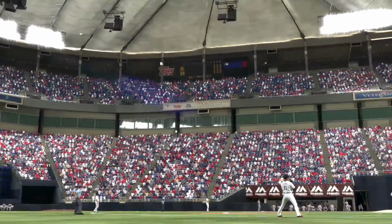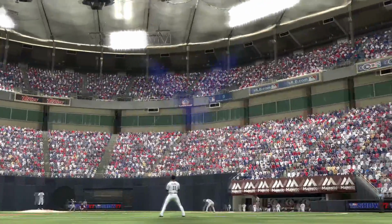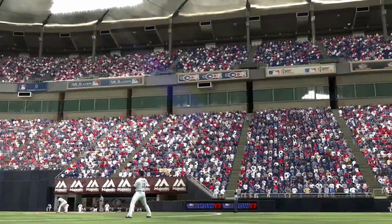It was opened in 1982 and sat about 64,000 fans and saw the Minnesota Twins win the World Series twice,